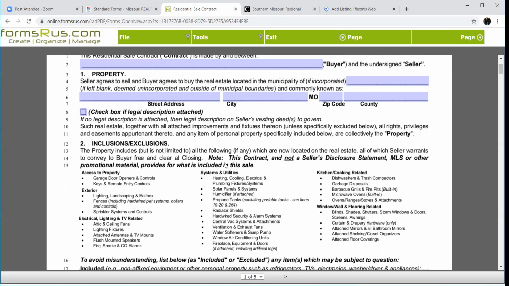So you need to write it in the contract. And just attaching the MLS is not sufficient, as per the attorneys. I think it should be, but the attorneys say that it's not, and for good reason, because I can attach an MLS from today. You can go alter that at 11 today, and you can present me an exact, completely different one from today than I gave you. So you need to put it in the four corners of the contract if you want it in there.